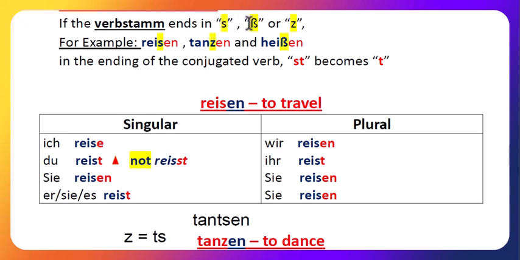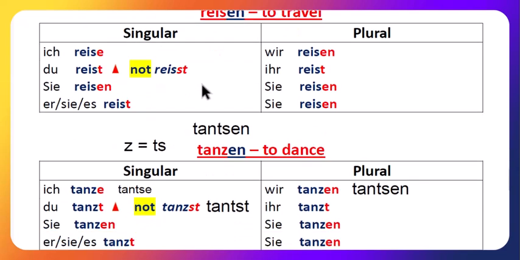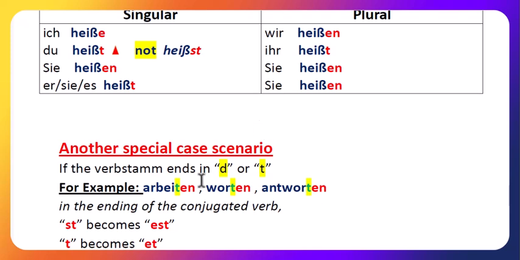This one is ß and Z. But here, if the ending is T or D, you should know the difference, because if you don't know, you're very confused. These verbs are attached. I think they are inseparable or separable. I think we will do a video on that. Verbs we are advanced.